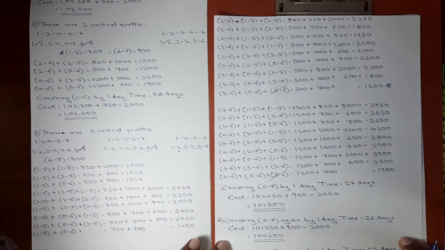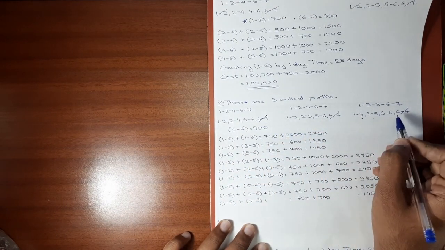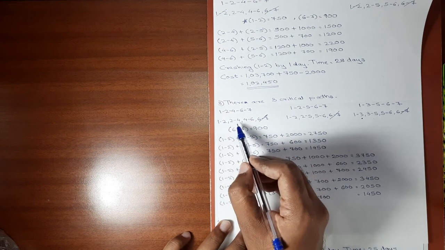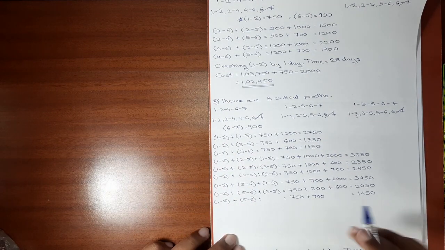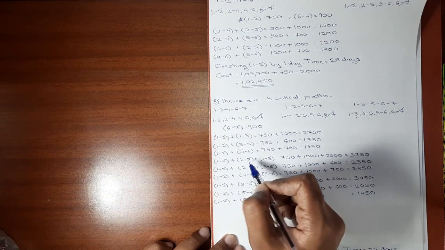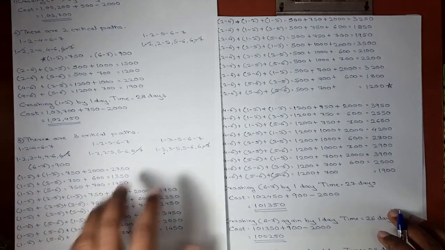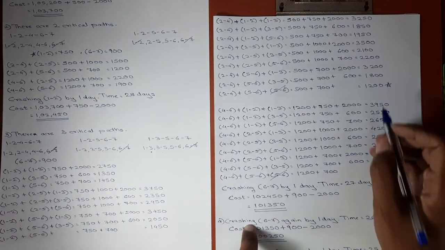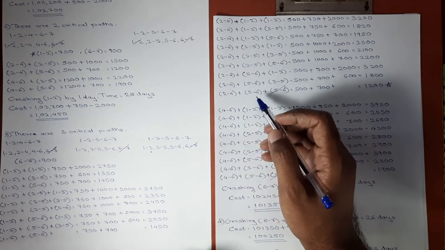Understood? Pay attention. The critical paths are still the same, right? Even though activity 6 7 is out of the picture, only this combination will be out of the picture, and there is no point in making the combinations again because no new critical path is added. If, for example, activity 2 5 was exhausted, then there was a need to make new combinations again, but here only the common activity is exhausted, the rest is all the same. So the next least cost slope is of this combination, activity 2 4 and 5 6.